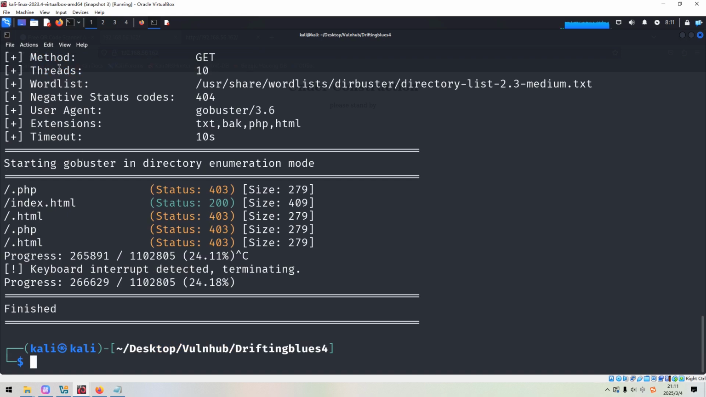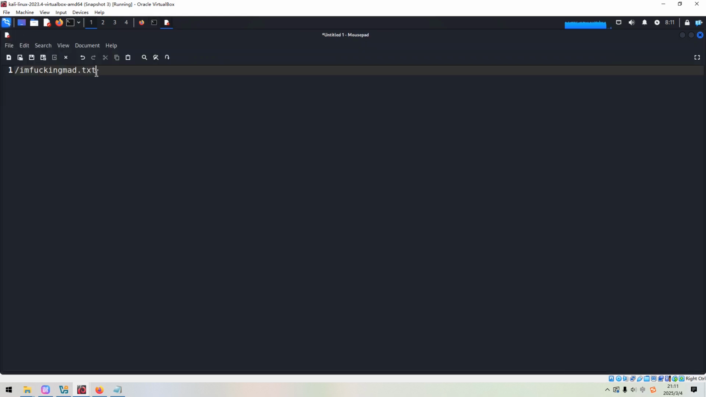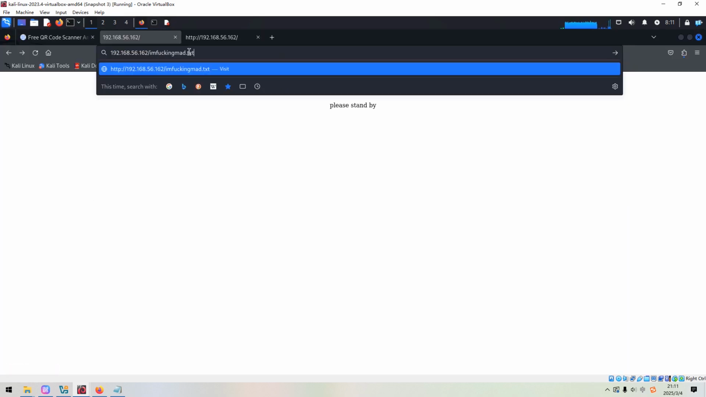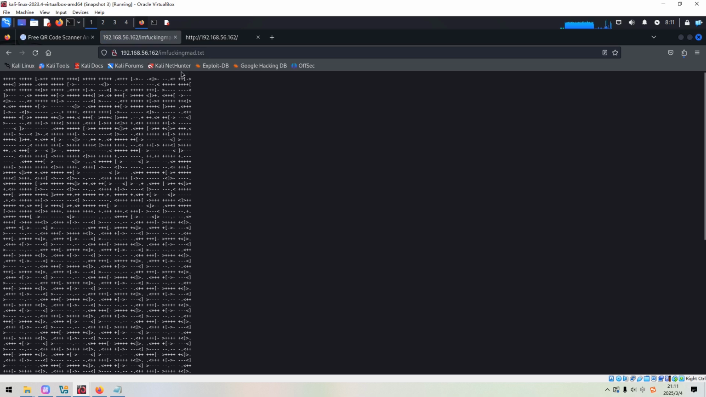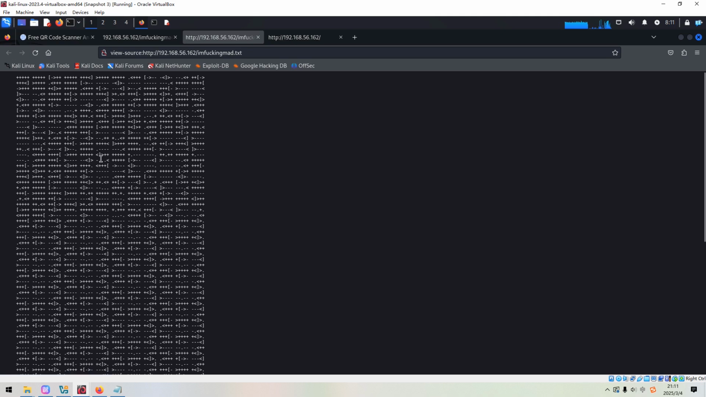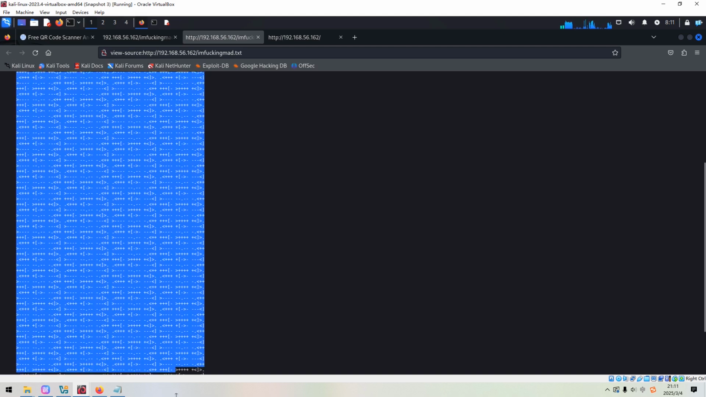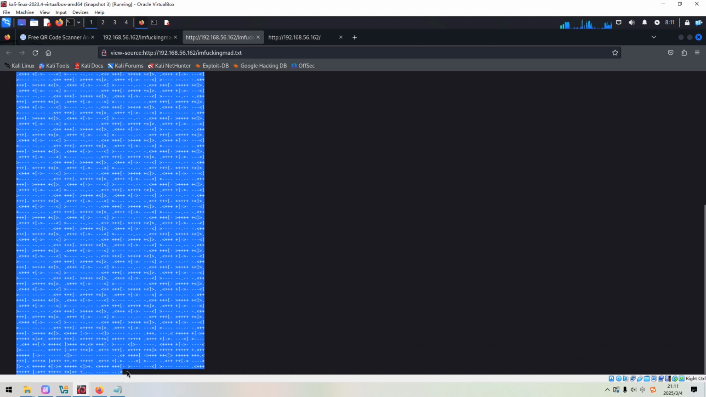So I think it's time to check this file, or to access this file by the browser. We found it earlier, okay? Press enter. So we can check its source code, and this is one kind of encoding, or we can call it brainfuck encoding. Sorry about this name, but we can copy the entire